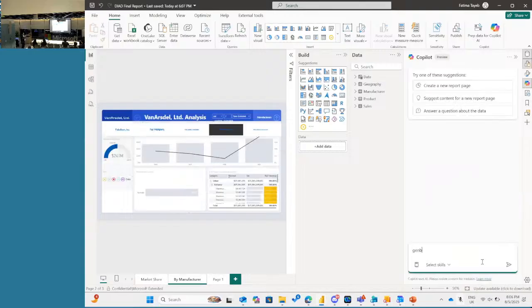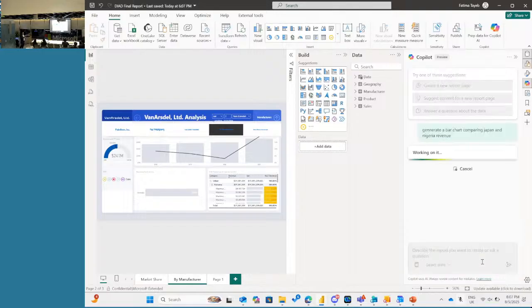So try to be an expert in prompt engineering. That's altogether a different concept, but the better you are at prompting, the more you can use Copilot and the more time you can save. You don't have to import visuals, change the colors, everything. You can actually ask Copilot to use this template, create a report. This is the visual I need. That's it.